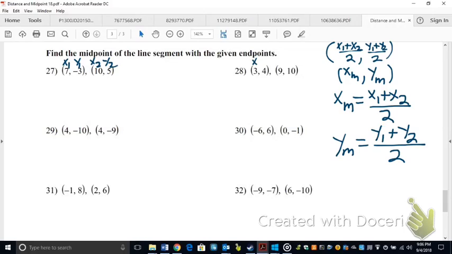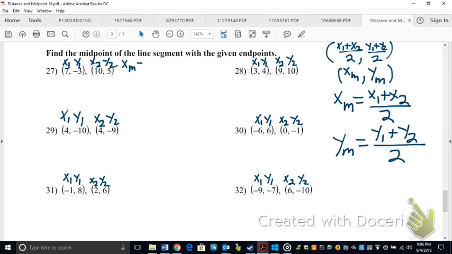So what we're going to do is we are going to label our points x1, y1, x2, y2. And again, I would go through and do this to all of them. And here's why. Because even if you're not 100% sure on how to do these, or why they work, or what it exactly is that you're finding, what I also want to show you, just as the very basic starting point, is follow these steps in order to help you get the right answer. Again, you may not until later in the year, or maybe even next year, figure out exactly why all the steps are being taken, but